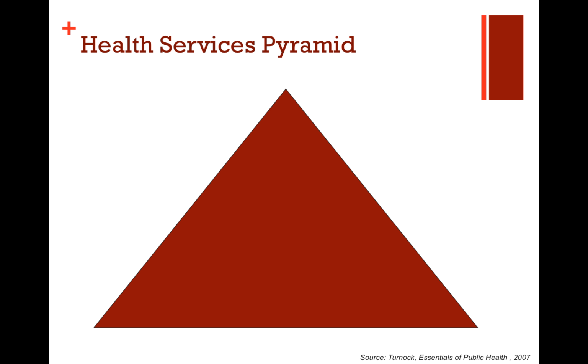There's also this sort of pyramid of healthcare services. And so at the base, supporting all the levels above it are population-based public health services. Right? So this is the type of public health or the type of healthcare service that affects everyone whether or not they realize it's happening. This is the proverbial safety net.